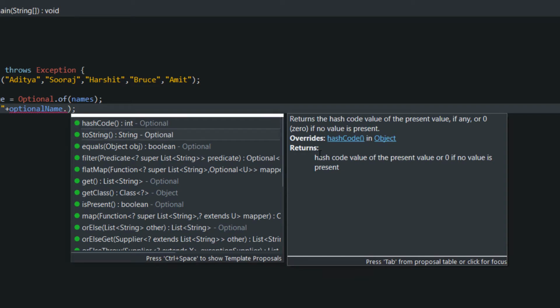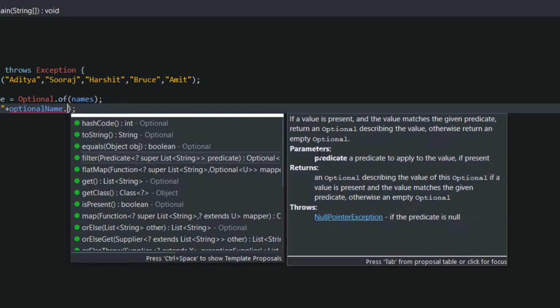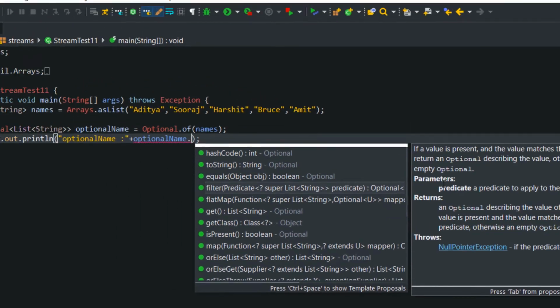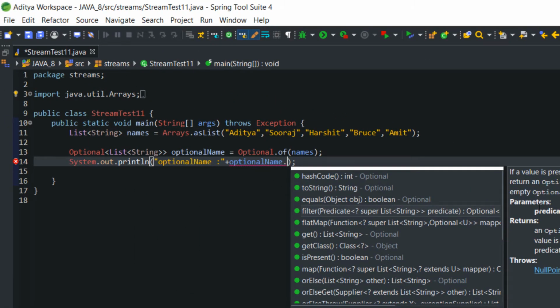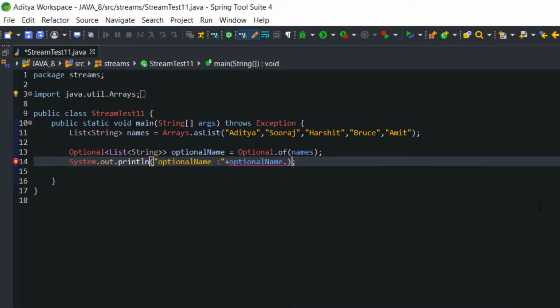You can use equals, filter, flatMap, get, getClass, isPresent, map, orElseGet, orElseThrow. Everything works in the same way. You can work around it here. That is the only reason the Optional class was introduced here, to manage NullPointerException, so that we don't have to worry about it.